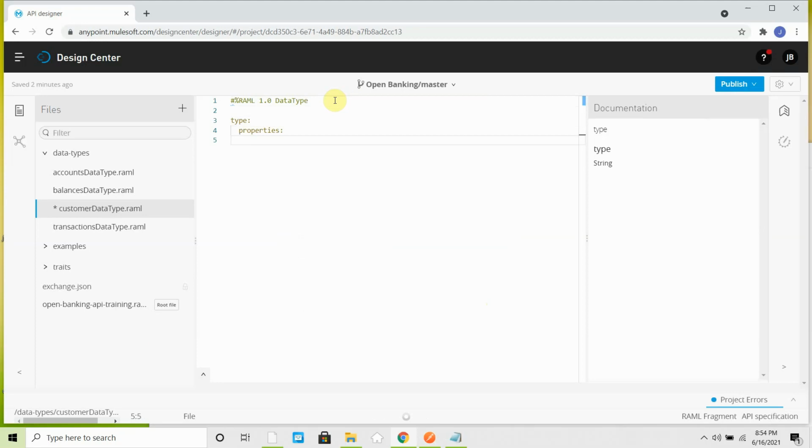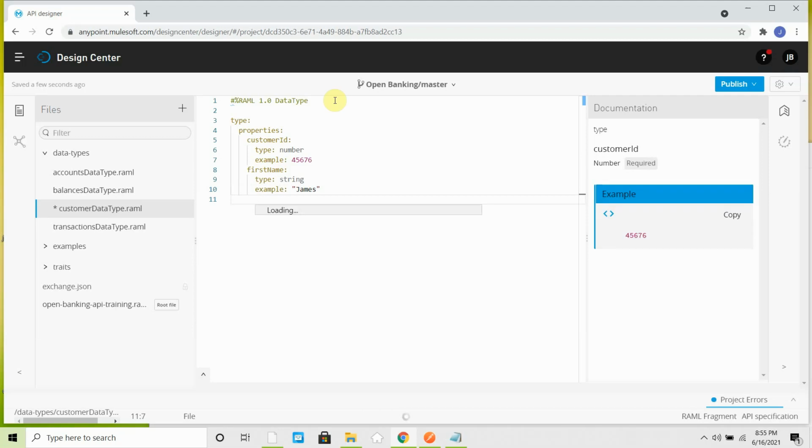This is the syntax. The first property is customer ID, which is of type number. I can say example 4567. The second is first name, which is of type string, with example James. Then you can also define min length or max length.